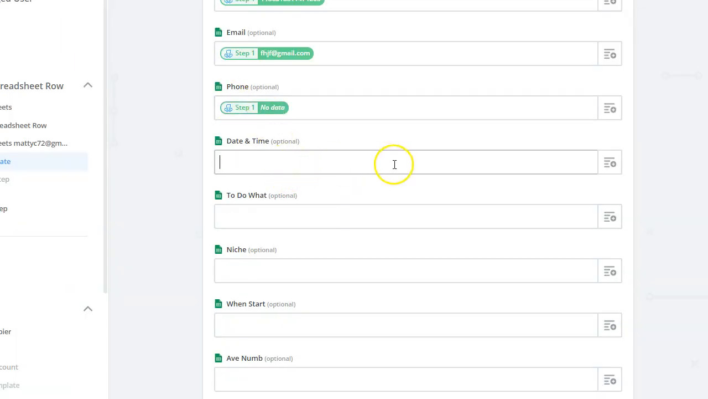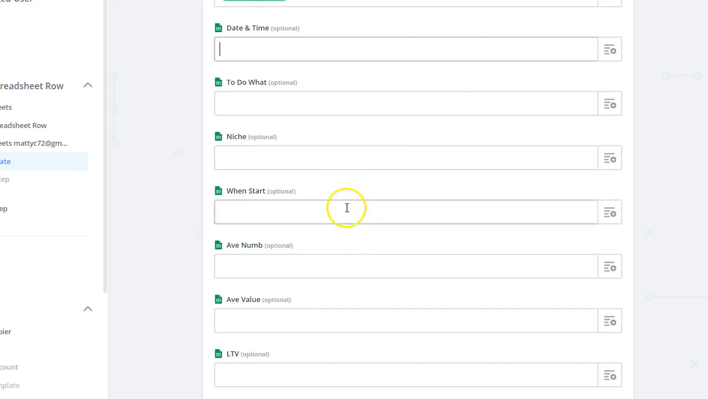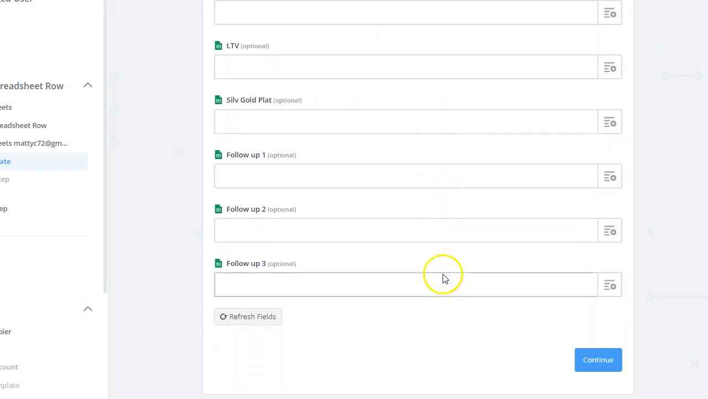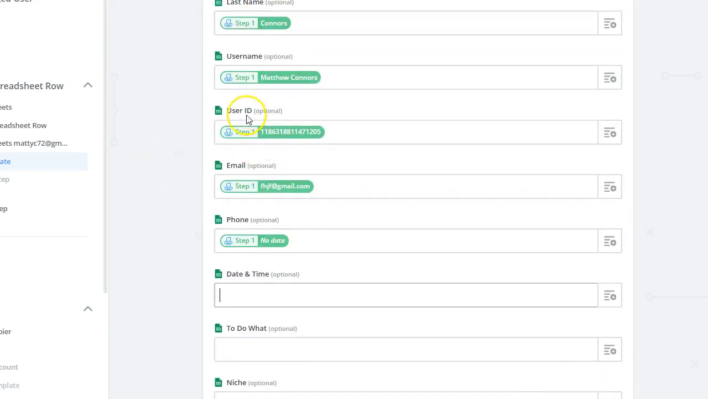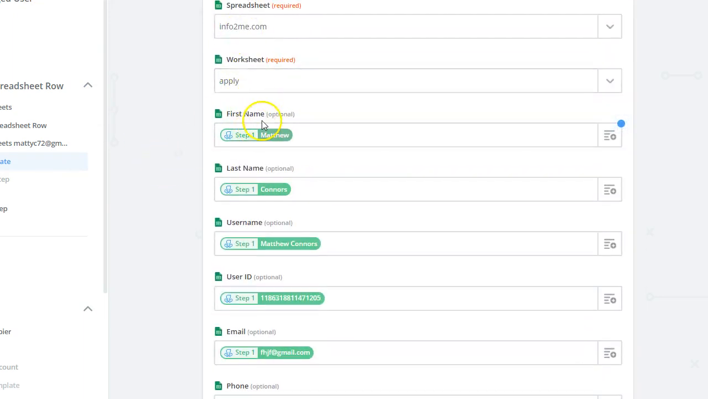Okay, now there's all these other ones that I have in the spreadsheet, but I haven't got in this particular bot. So I can just leave them empty. They don't matter. They're just going to come up as empty columns. And there's follow up 1, 2, 3. They're going to be empty as well because remember, I'm not pulling that information from the bot. That's something that the client is going to fill in later. So I've now told the Zap to grab this information up here from the Manychat